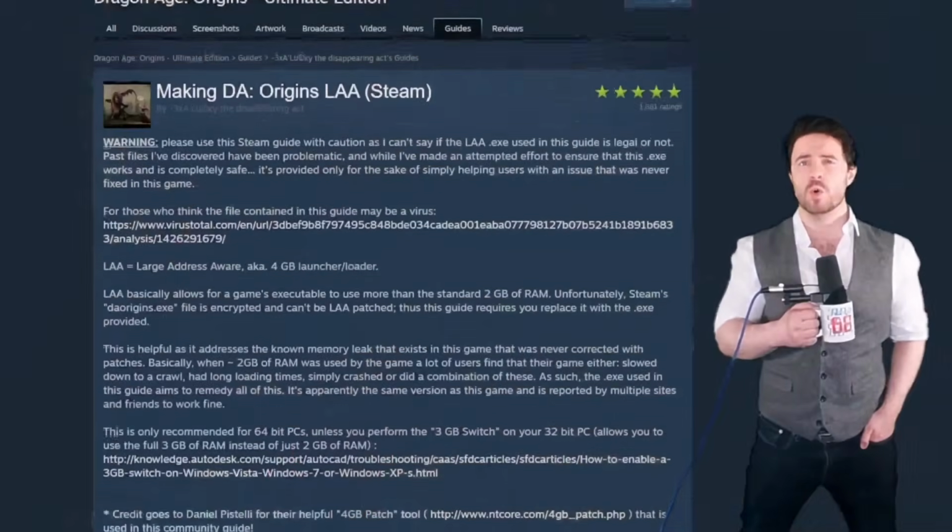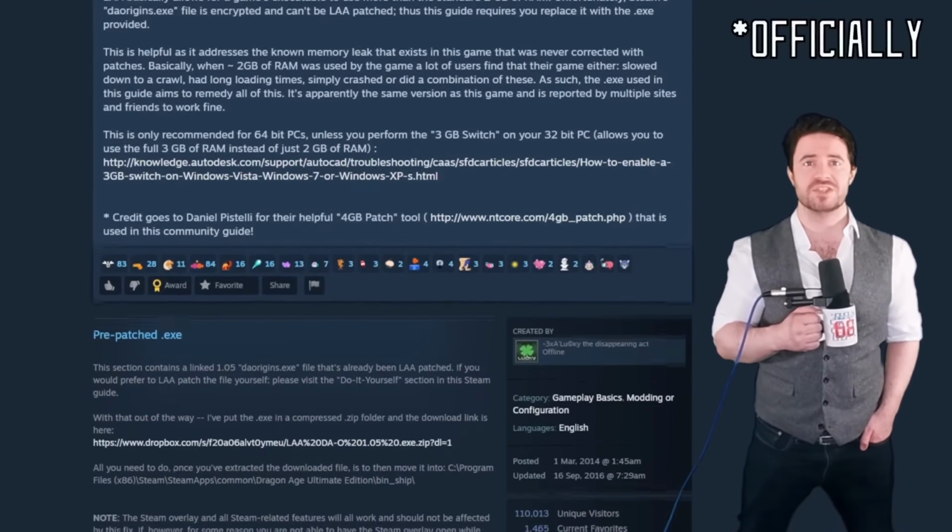I was watching a video about Dragon Age, as one does, when I heard something that piqued my interest. "Also be aware there's a memory leak bug which is unfixable." So I spent some time digging into this, and whilst the issue has been fixed, it was fun to look